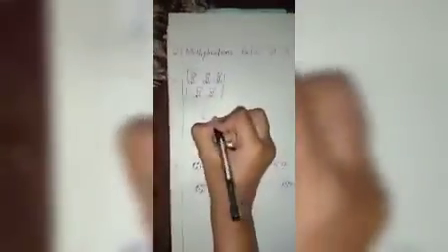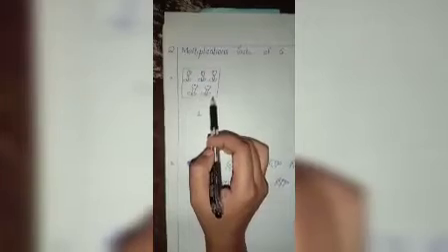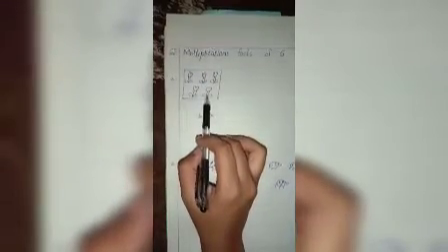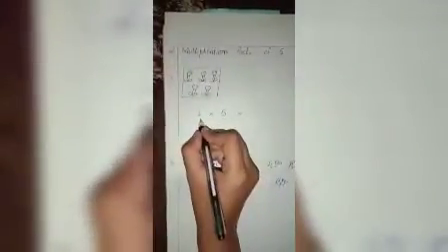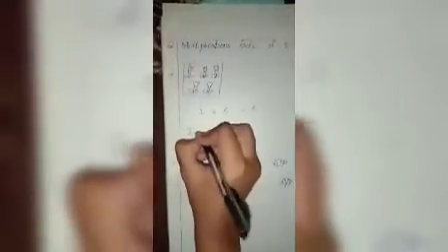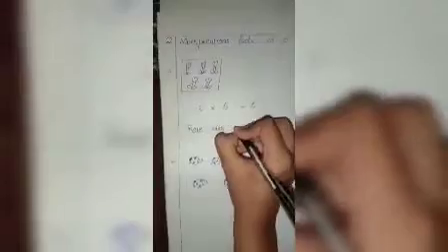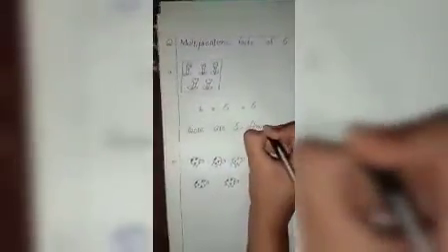Okay, then the sign of multiplication, then the number of objects. How are we going to count the number of objects? There are 1 2 3 4 5, there are 5 objects. We are going to write 5 here. Now it's simple multiplication. 1 multiplied by 5, answer is 5. There are 5 flowers. Easy.